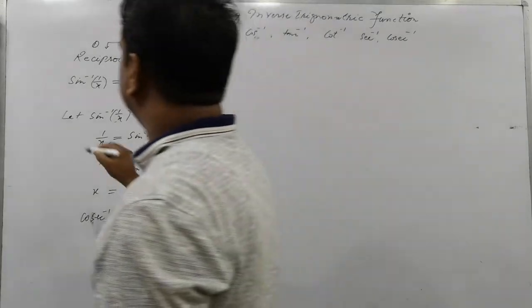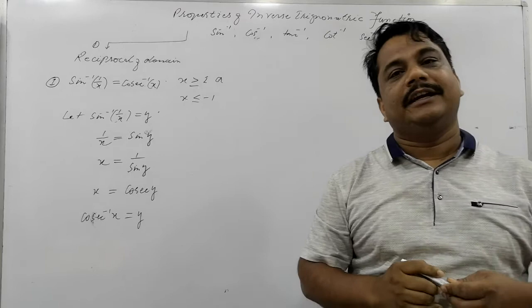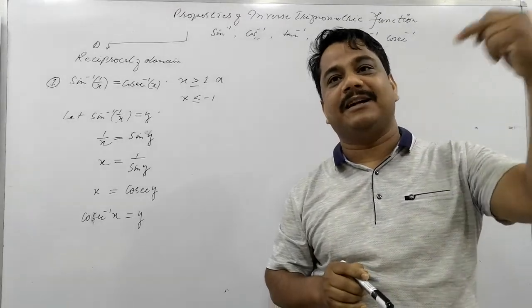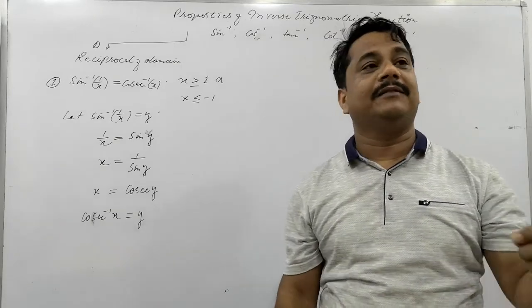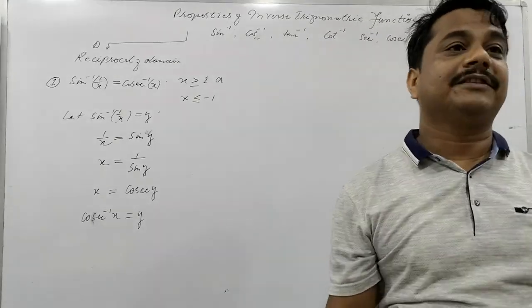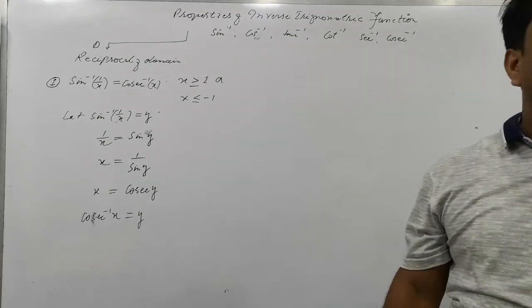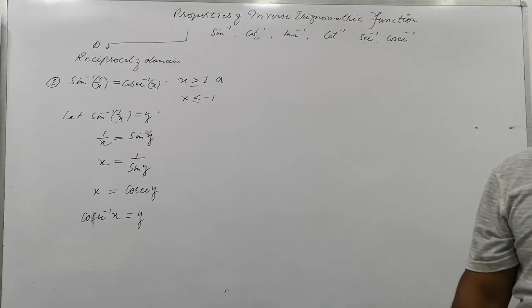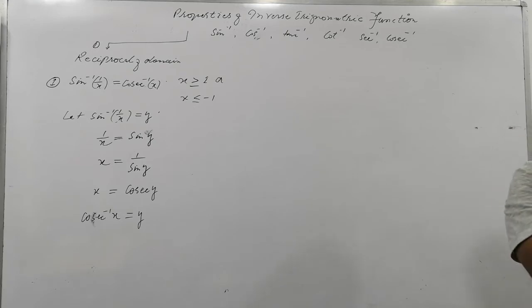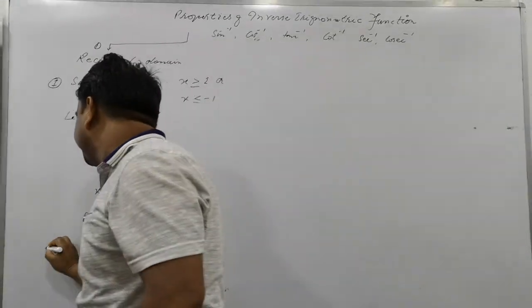So we speak here of the first property of the inverse trigonometrical function. For the sine inverse function, if the domain is inverted, meaning x is made 1 by x, then the function also gets inverted. What is the inversion of sine? Cosec. Sine is equal to 1 by cosec. If the domain of the sine inverse function is inverted, then the function gets inverted. Clear? We'll remember this. You will remember this property.